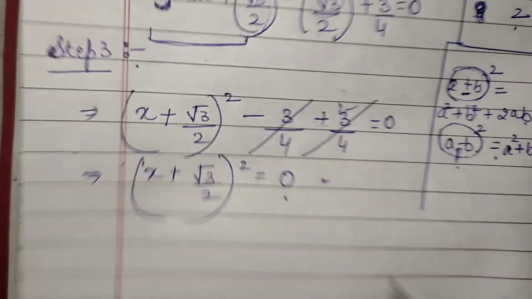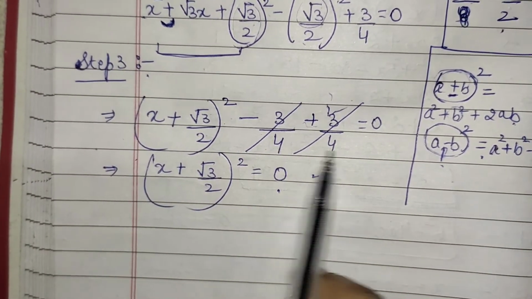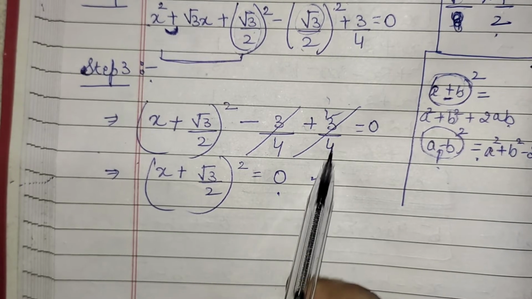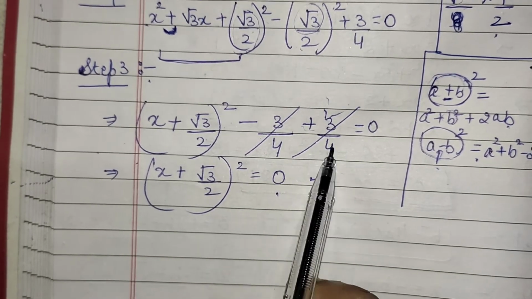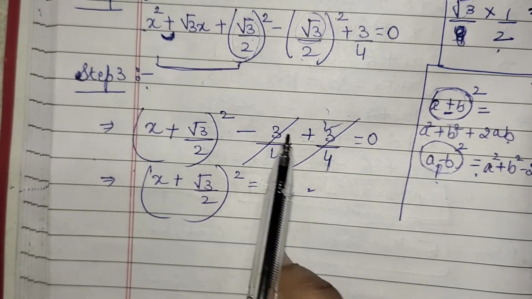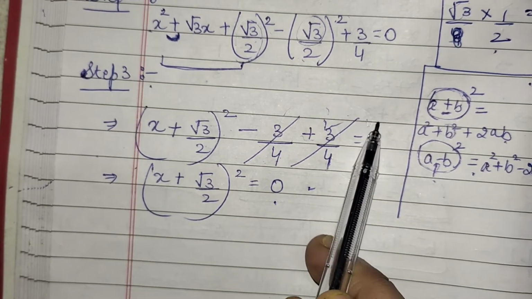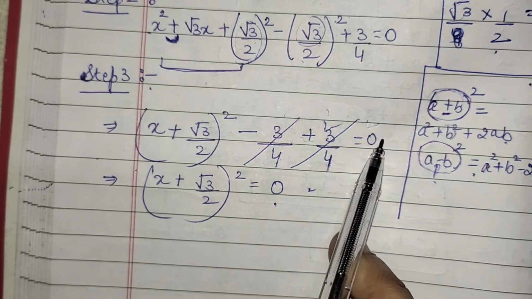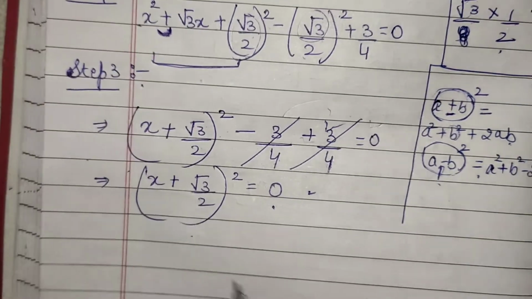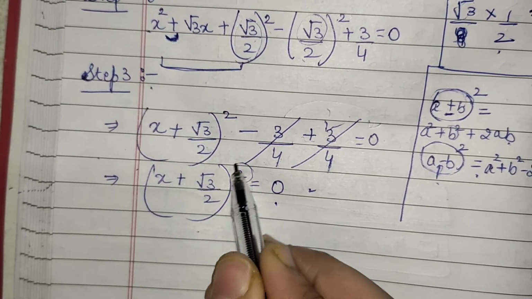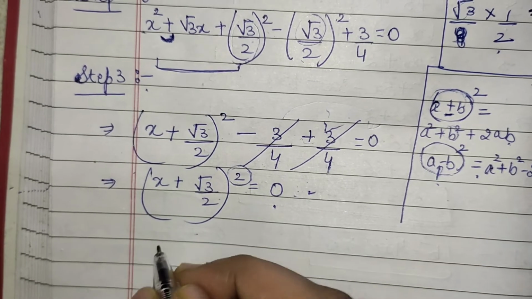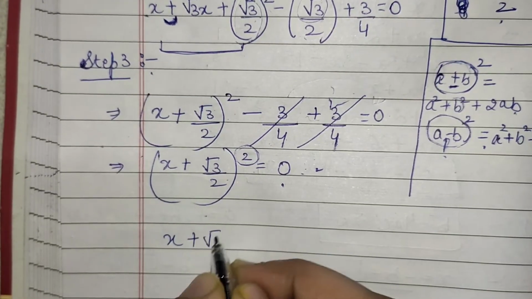So in this case my constant has got cancelled out, but generally this is not the case; in each and every question it will not get cancelled out. So what you do is take your constant to the right hand side and simplify it and then take square root on both sides. But this time taking square root on both sides is of no need. So we can simply solve our problem like this.